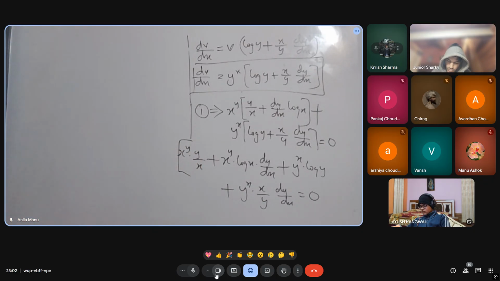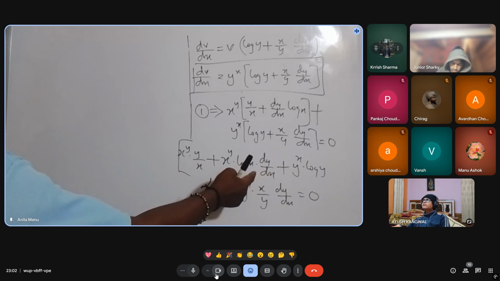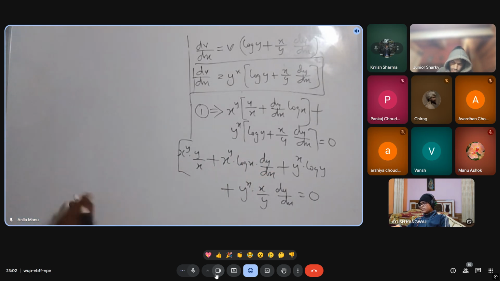Now from these two terms I am taking dy by dx outside. So dy by dx into, what is left over here, I have x raised to y log x. Plus